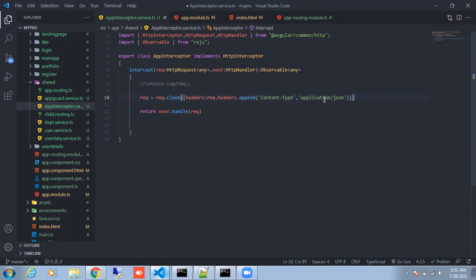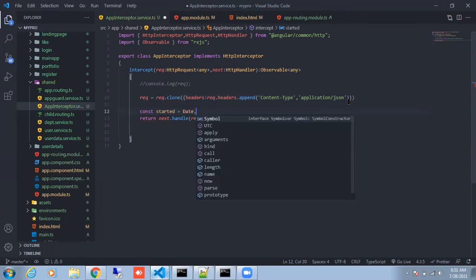After this line, press enter and type const started equal to Date dot now, D capital, Date dot now. Now is a function. After this line number 13, press enter.